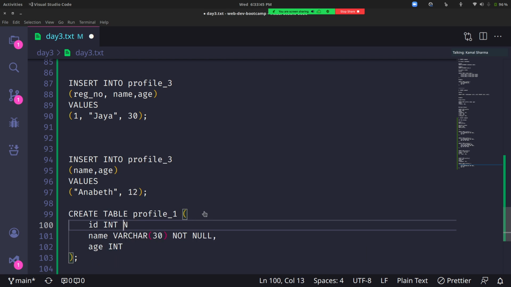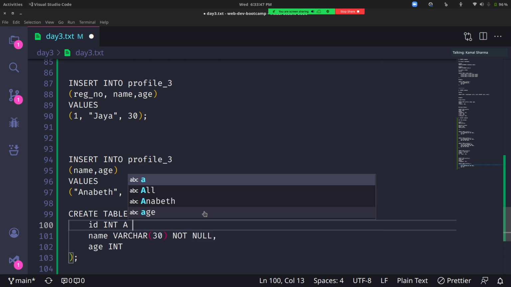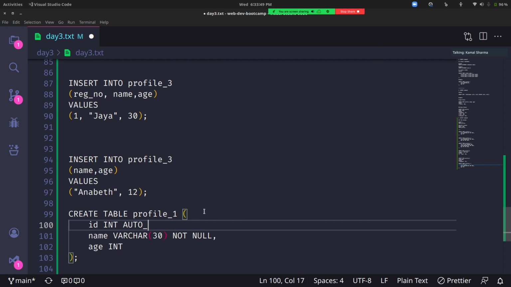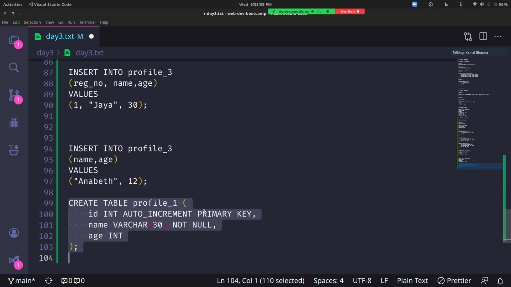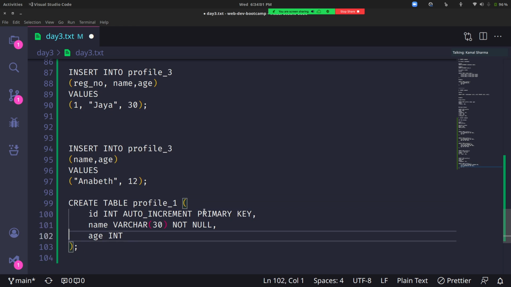After that, I have to specify auto underscore increment, and then I have to specify the primary key, because that will help us uniquely identify each record. And age should not be empty, so I'll give age int, not null.